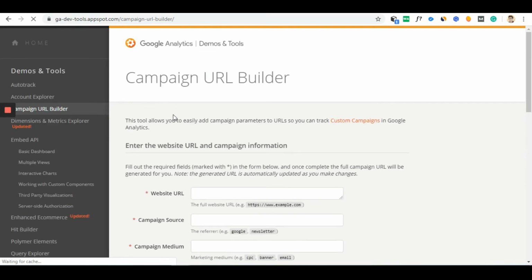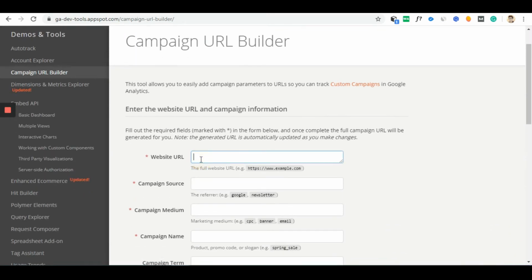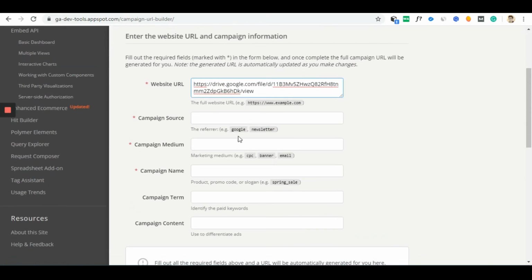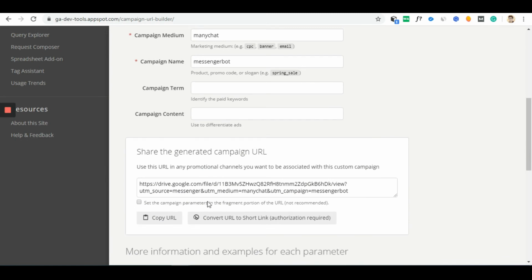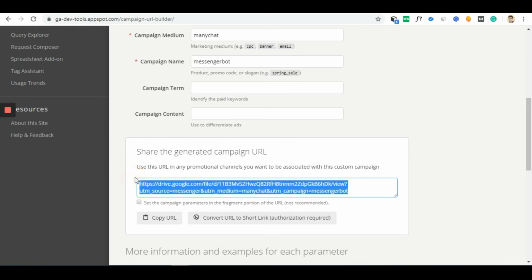This is a tool from Google where you can simply create a custom tracking coded link. So this is my original link, and I can select the campaign source as Messenger, campaign medium would be ManyChat. So you can just name it just to recognize it at a later stage, the campaign source and campaign type. So this would help you with a customized tracking coded link. Now this link, if you have just noticed over here, has the source, the medium, and the campaign. So this helps you to collect the data of the number of clicks on this particular link on your Google Analytics.